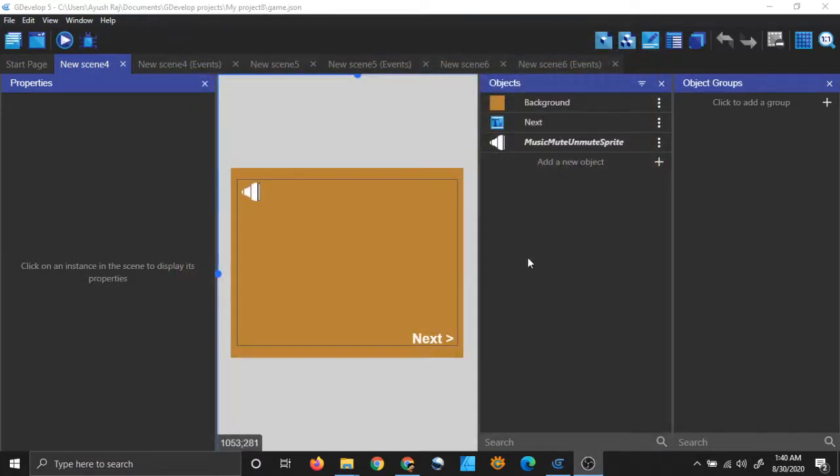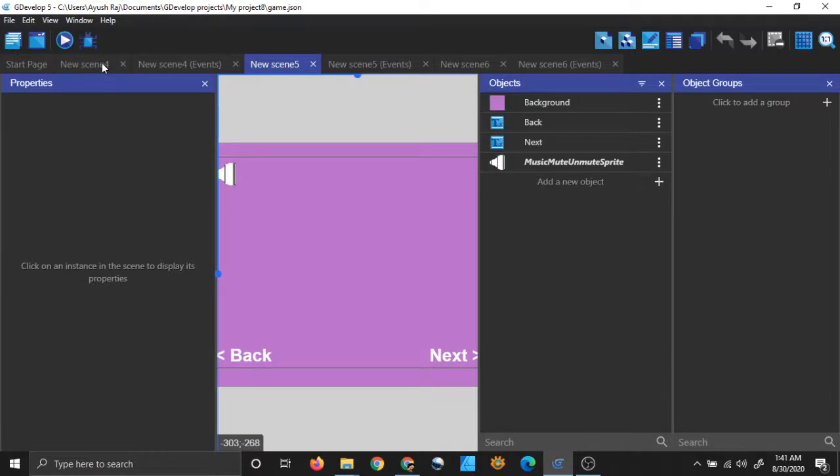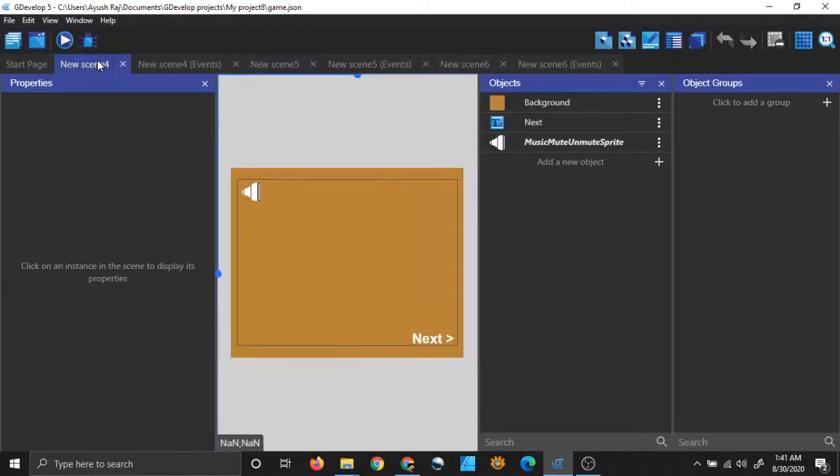So as you saw, our speech was stopped when we clicked this next button, it faded out, and after fading out we changed the scene, and we came to new scene 5. Our previous music was stopped, and the stopping point was saved, and we are not saving it simply in a variable, we are saving it in the storage, so it will be saved even if I close the game. So I have closed the game, but my speech will resume from the same point where it stopped.